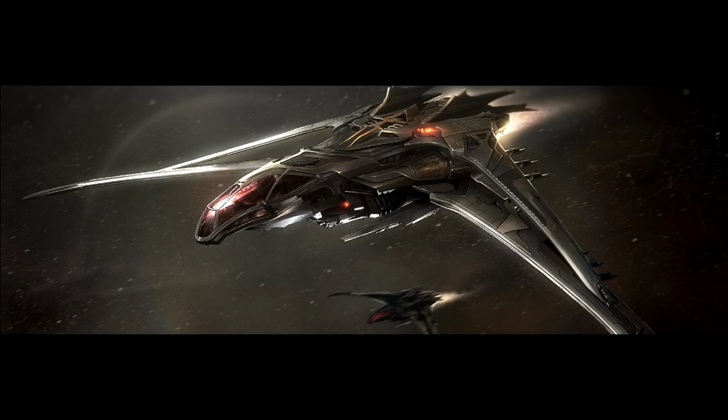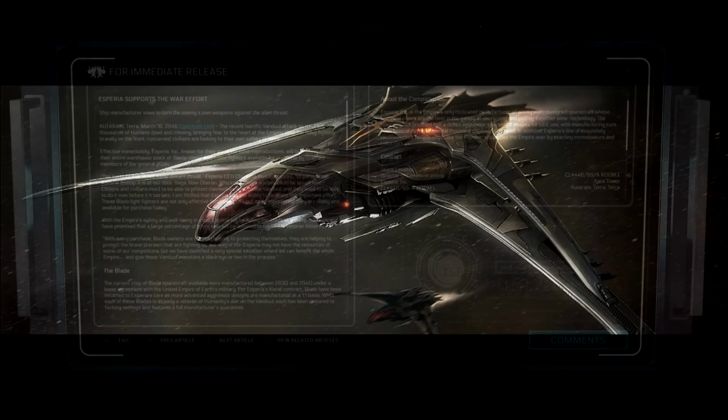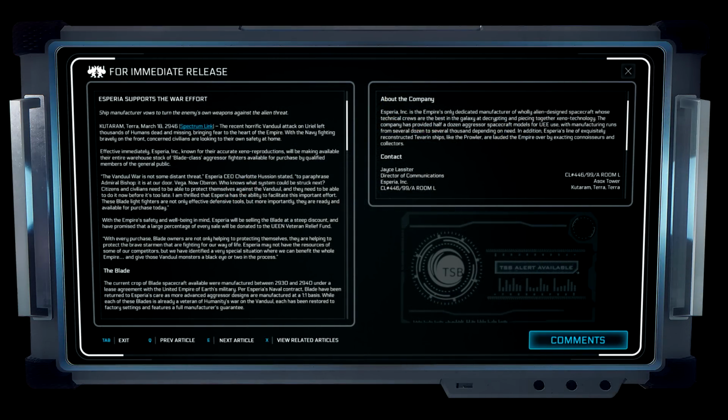a few hangar items. This ship is like the Esperia Glaive, which is a reproduction of the real Vanduul model, and this one is being sold as the base model of the Blade, so potentially you're going to be able to have some upgrades on it or make it maybe even closer to the real Vanduul model that the Vanduul